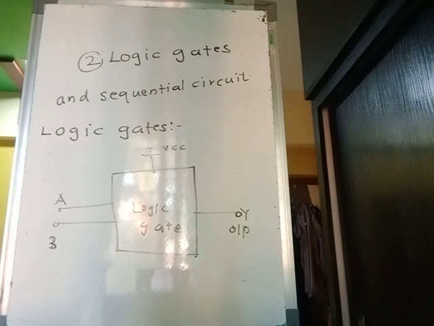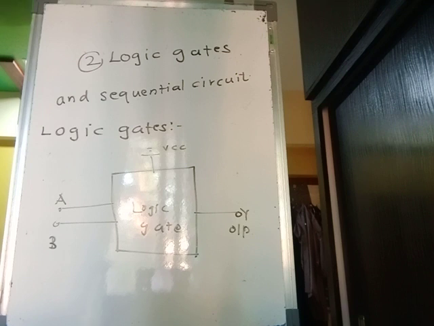In case of these logic gates, they are available in the form of integrated circuits. So we know the different kinds of ICs. IC stands for integrated circuits. You know the IC, you are using that IC in your mobile also. We are using the IC in computers also. So IC stands for integrated circuit. And why is it known as the IC? Because different components are situated in one integrated circuit.